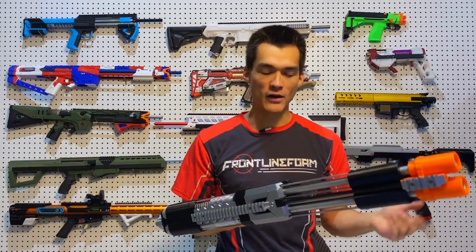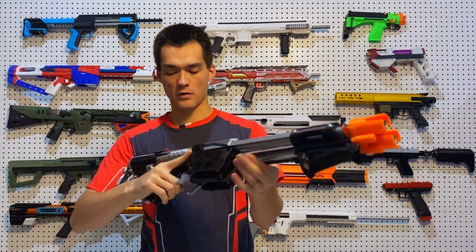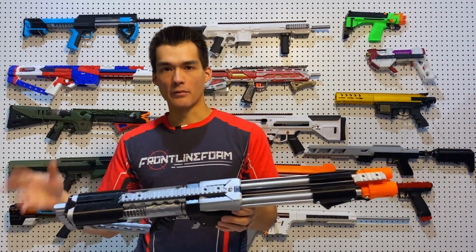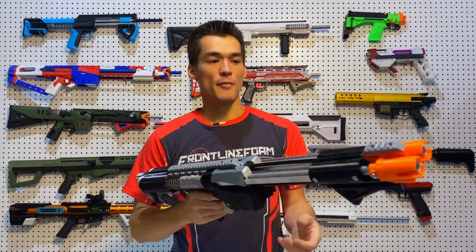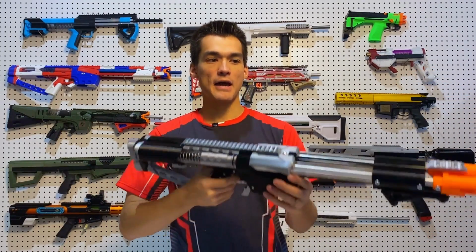It's a standard Caliburn threaded rod version, so you've got threaded rods on the front that hold it together, as well as threaded rods in the back. Compared to the regular threaded rod Caliburn though, it is very rigid because it has a lot more prints to hold it together. And with the double barrel and double mag well, you also have double plunger tubes and double